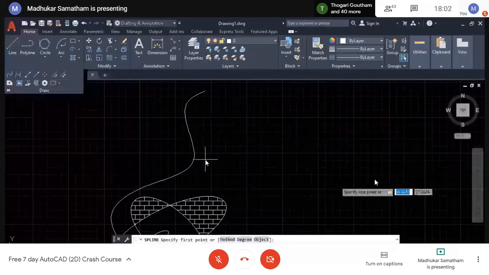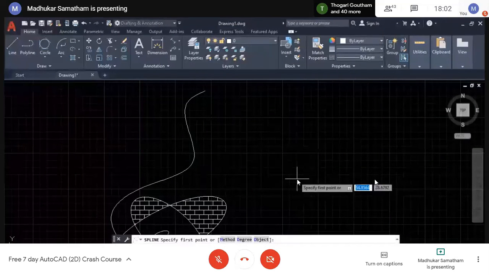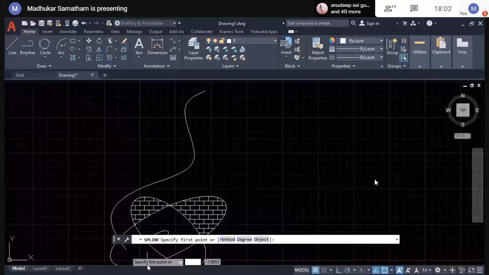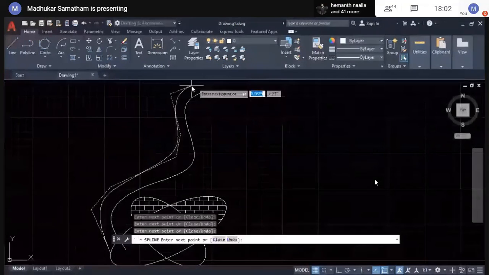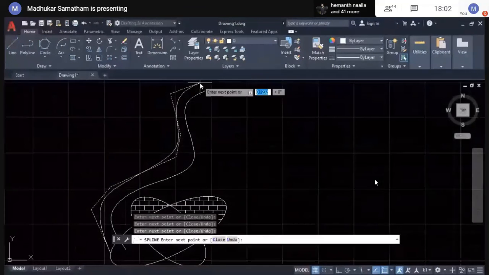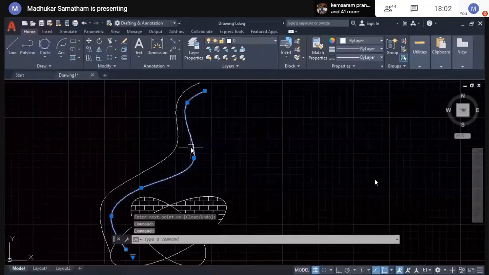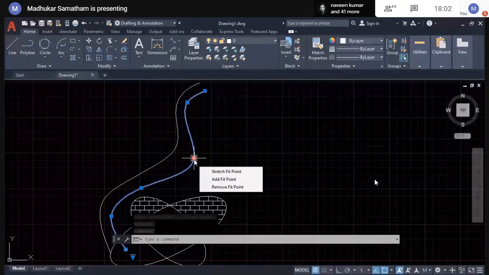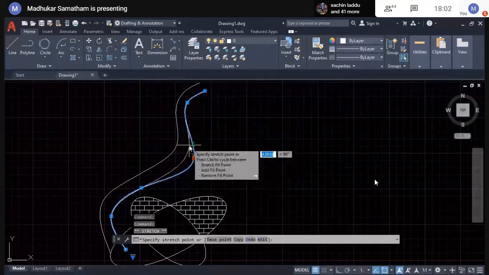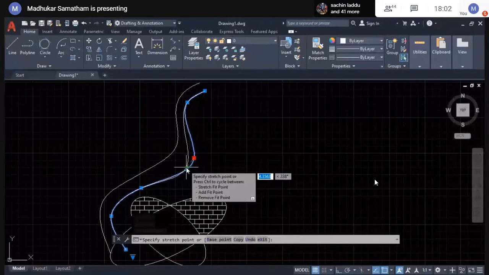This is another type of curve. What's the difference? I will show you. In the previous curve, you can change the points. The smoothness will change, or the coordinates will change.